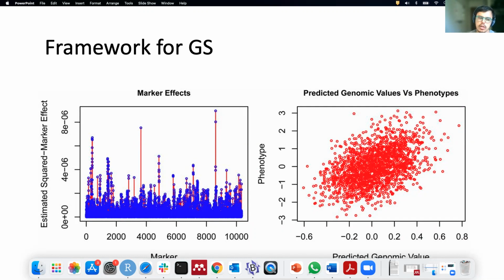In genomic selection, as this figure shows you, we are interested in finding the effect of every single marker. So here we have 10,000 markers, and we are going to use the information of the 10,000 markers in the model to predict the performance of the